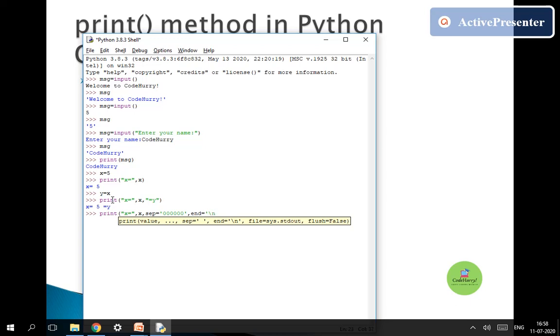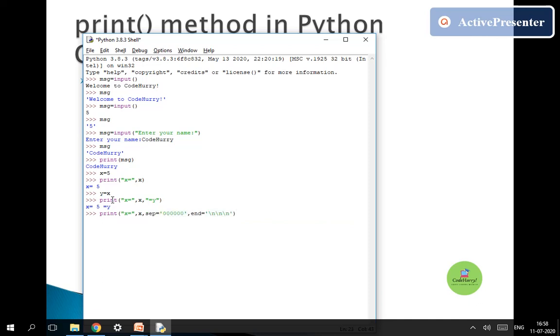Now it was only one new line character, that means after every printed statement it was going to a new line. So I'll just have 3 new line characters, and that's all. So this is how we have done it.